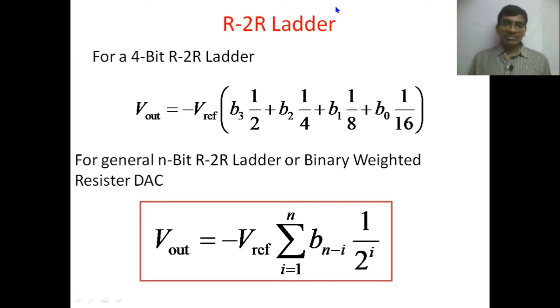So just now we have seen a 4-bit DAC, B0 to B3, which are 4 bits, but we can extend it to any number by just adding R and 2R sections at that side, okay. So by just adding R and 2R ladders, we can extend this DAC to any number.